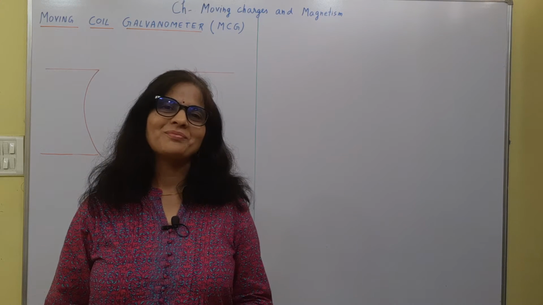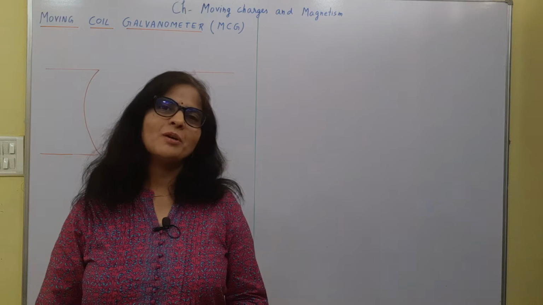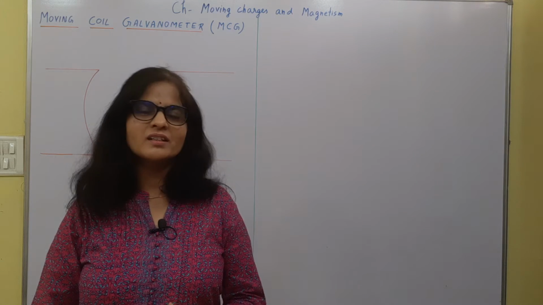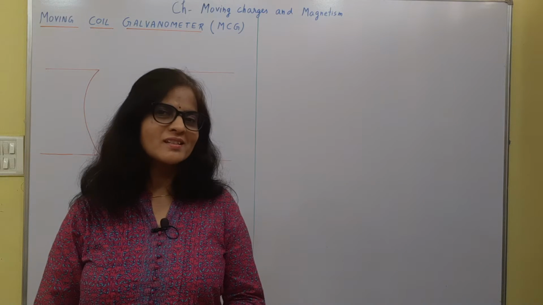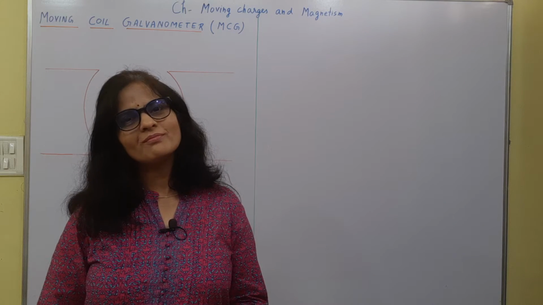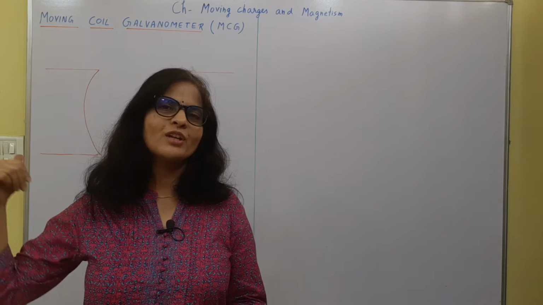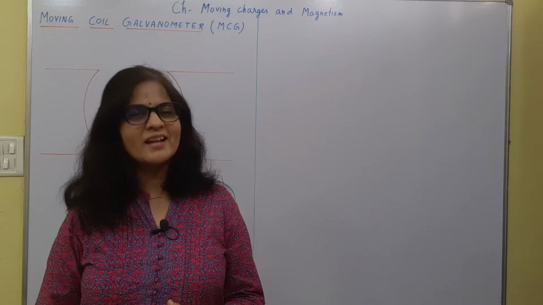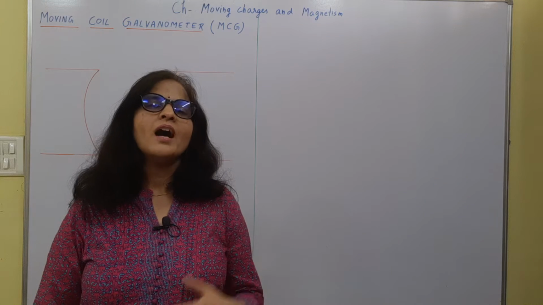Hello everyone. You have been studying about the currents and the voltages in the circuits. But have you ever wondered how do we measure this current and the voltage? The answer lies here in the moving coil galvanometer. We are going to study about this device first, and then after I'll let you know how to convert this